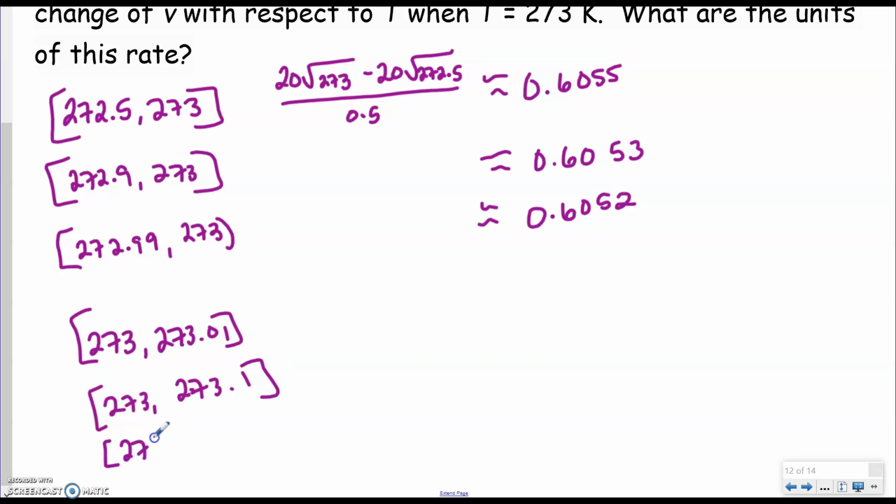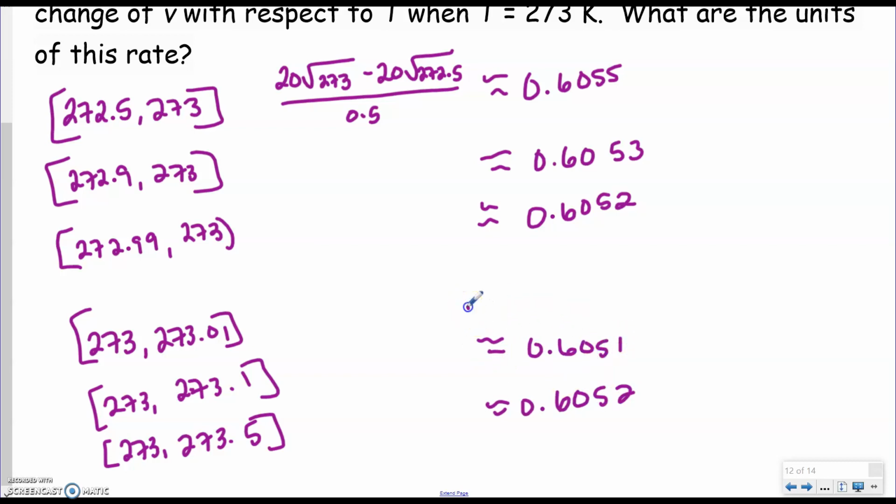I wrote these backwards. And then 273 to 273.5, for example. Plug those in. We're going to get about 0.6052. We're going to get about 0.6051, and about 0.605 if we round. Okay, so to the third decimal place, I am confident in saying that our average